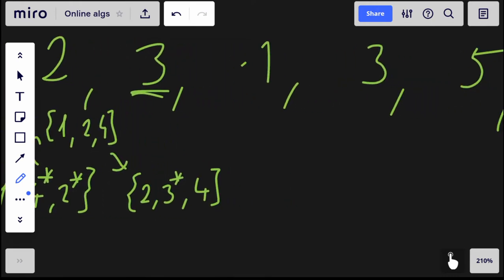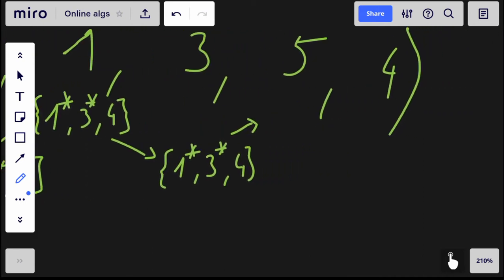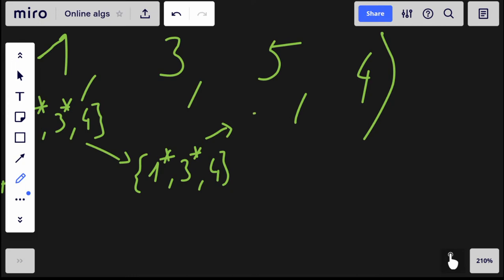Then if I see this correctly, it's a 1 which is not in the cache, so it's a cache miss. I'm discarding the 2, and I will have 1 star, 3 star, and 4. And then 3 comes, it's fine because it's in the cache already, good. But then for processing the 5, I will discard the 4, so it's 1 star, 3 star, and 5 star because this is excessive,